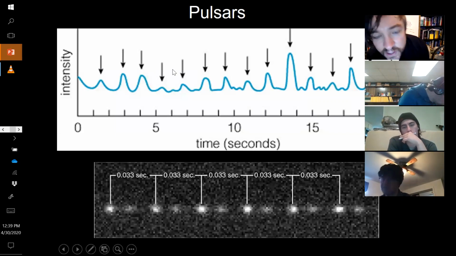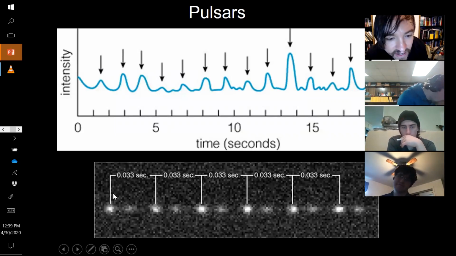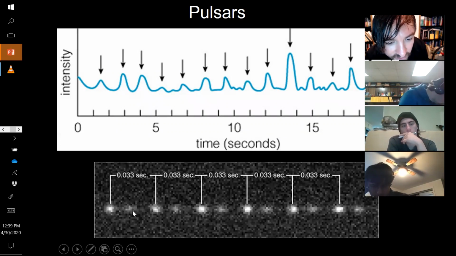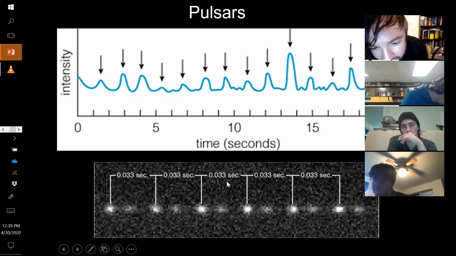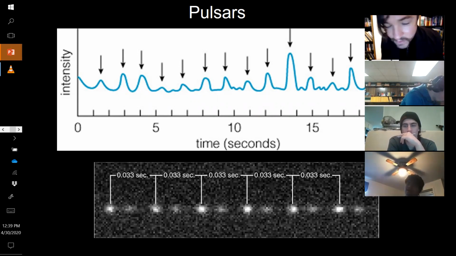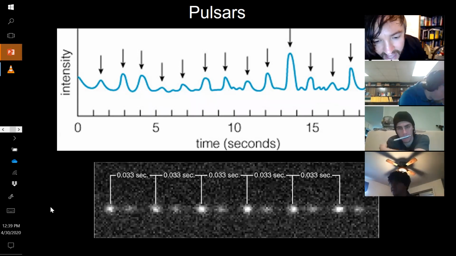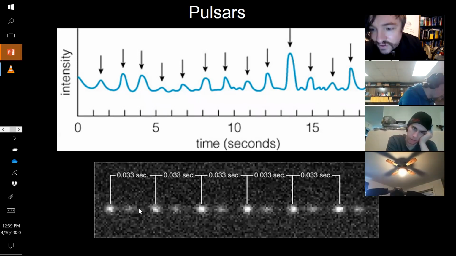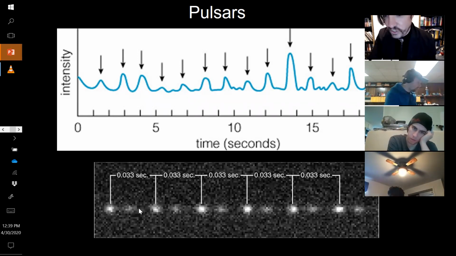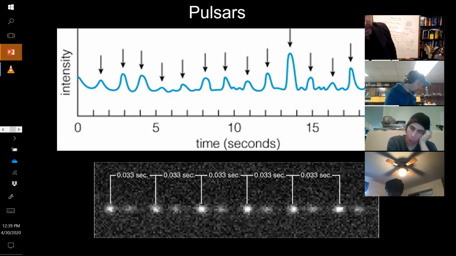So they were basically looking up at the sky at radio waves, and they were seeing a little blip of radio burst, then it would go quiescent, radio burst, quiet, radio burst, quiet. And the pulse came with such perfect regularity, and with such a rapid frequency of 33 milliseconds, that for a while they struggled to imagine what astrophysical source could have such uniform periodicity and such a short period of